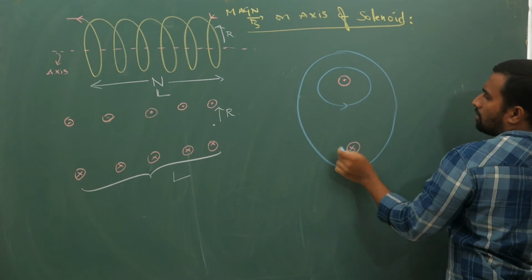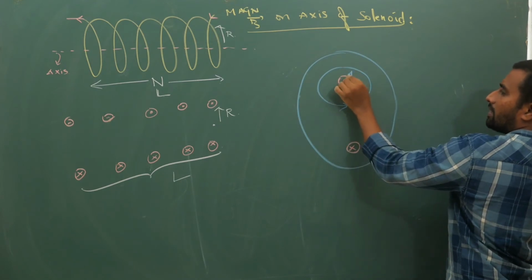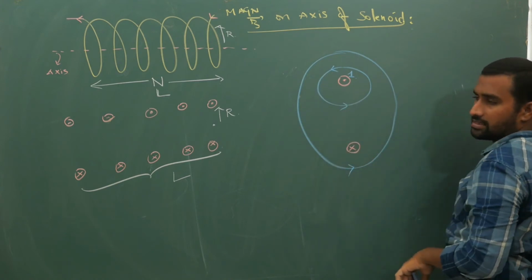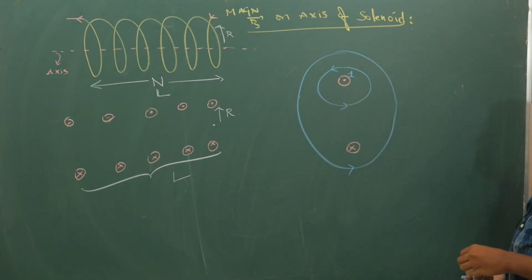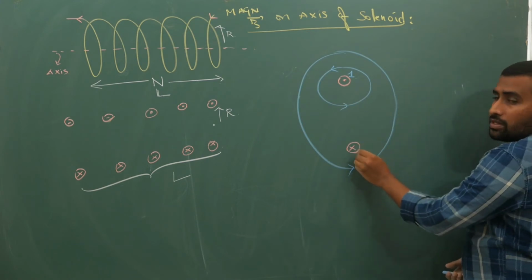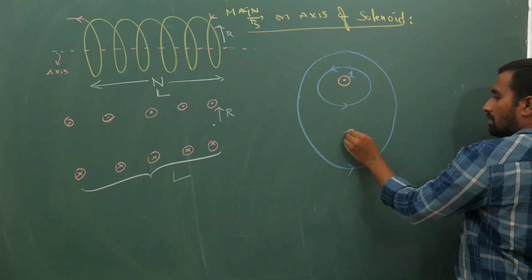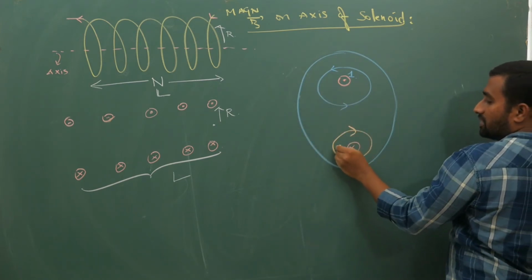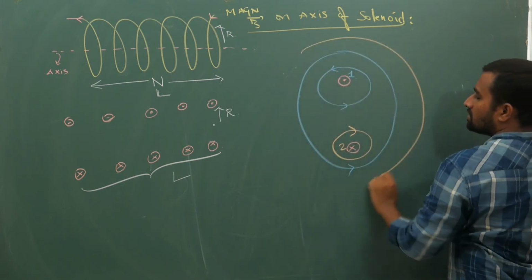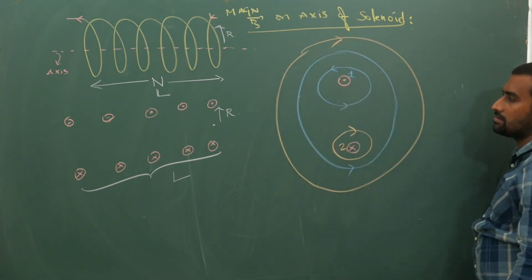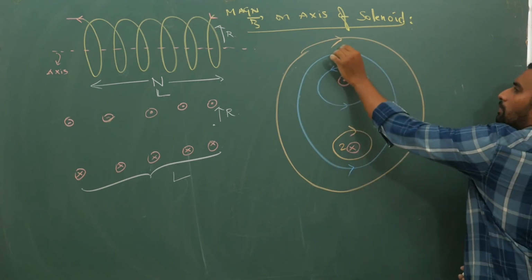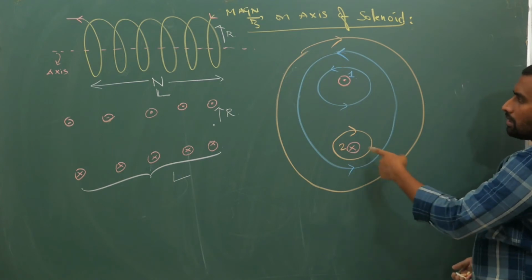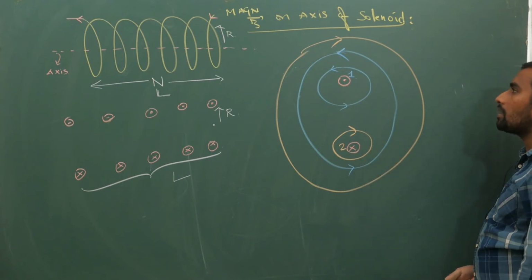Okay, so because of this wire 1, the magnetic field direction is like this, here also it is like this. Next, if it is into the plane here, your field line will be like this, and because of this wire 2, outside also the field line will be like this. So blue lines are going in anti-clockwise direction, these orange colored lines are going in clockwise direction.